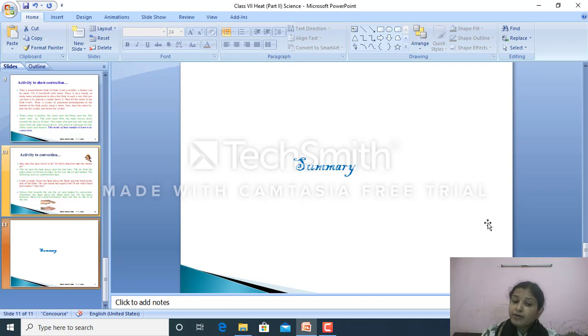Second, how to use it? It's very simple. We have to put the thermometer vertically in the beaker, in the water whose temperature we have to check, in such a way that the bulb should not touch the glass or the side, and there itself we have to check the temperature. We don't have to take it out and check, because the mercury level will fall down and we cannot take the temperature.